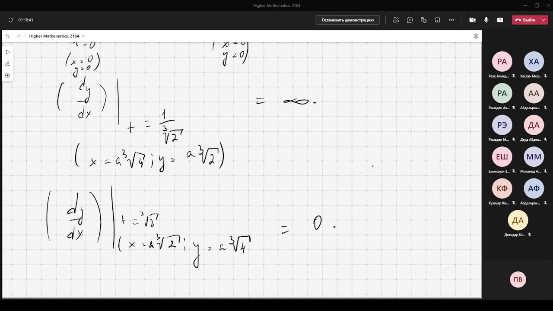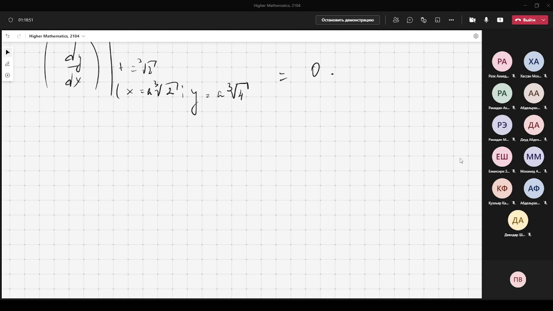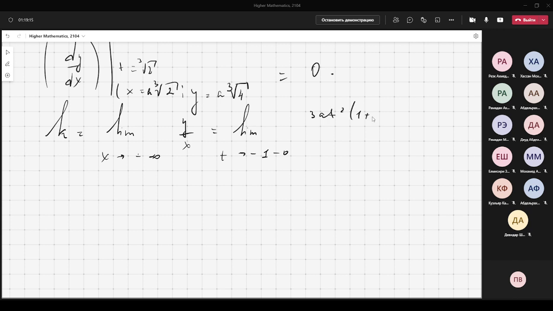Let us investigate the question of the existence of an asymptote. k is the limit as x approaches plus infinity of y over x, equals the limit as t approaches minus 1 minus 0 of 3at squared times 1 plus t cubed over 3at times 1 plus t cubed, equals minus 1, and b